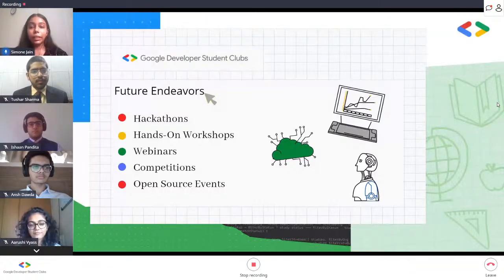Throughout our tenure, we have some exciting events planned for you. So have a look at the screen. First, we have several hackathons planned where teams will compete with each other. They need to do intense coding for a few hours, and the best teams will take the reward. Following that, we'll have some interactive sessions with industry experts and mentors